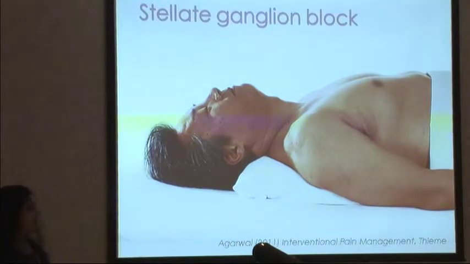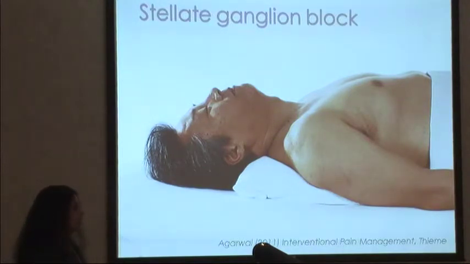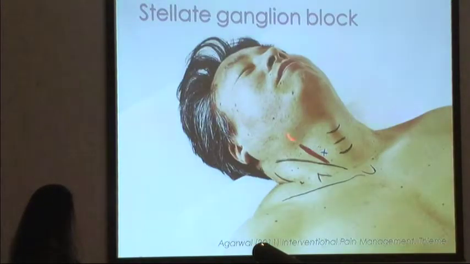This is my colleague. He had to lie down there for showing how to position the patient. He is lying on a pillow under his shoulders and is retracting his head, so I can reach the stellate ganglion much more easily. Here you have the clavicle, the sternocleidomastoid muscle. This is where the artery is at, and right medial of the artery is where I try to insert the